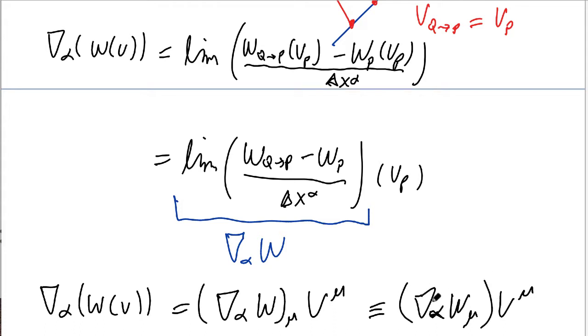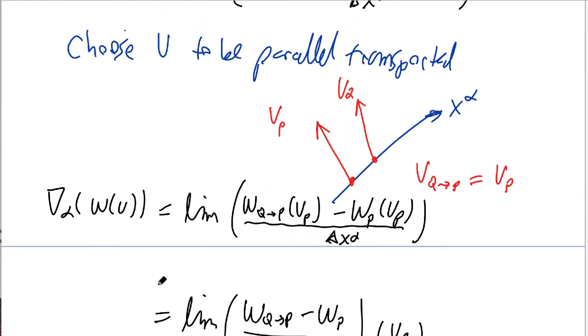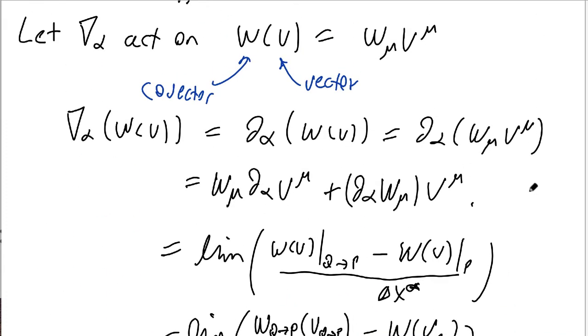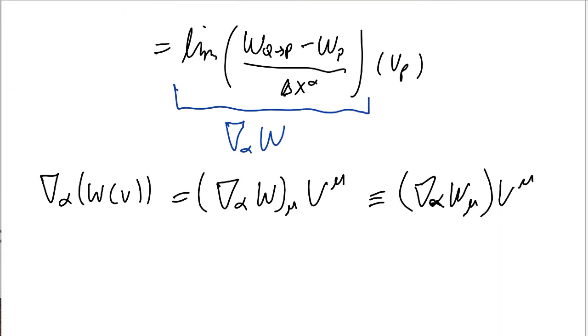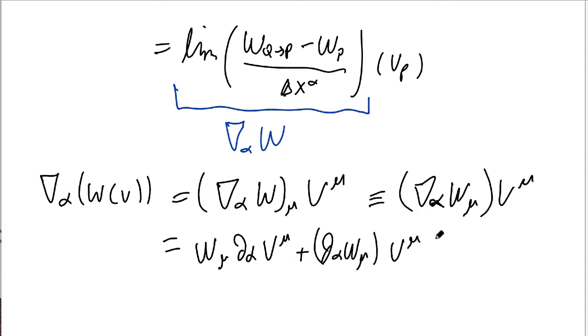But remember, what this refers to is the covariant derivative of the covector W along the x alpha coordinate line, and we're looking at the mu-th component of that covector. Let's remind ourselves that we previously wrote this expression in this way. All right, so we can set this equal to W mu partial alpha V mu plus partial alpha W mu V mu. And furthermore, because V is parallel transported,